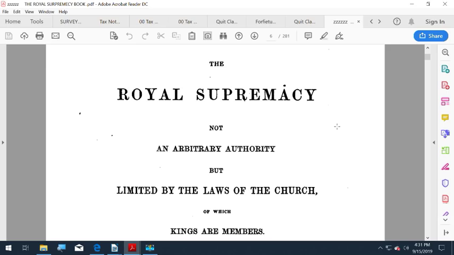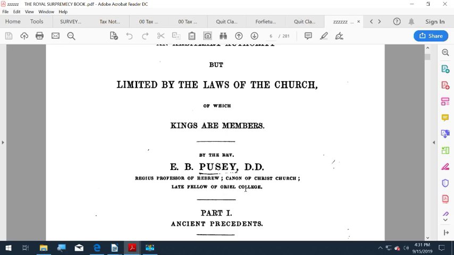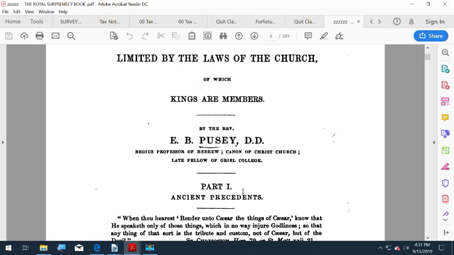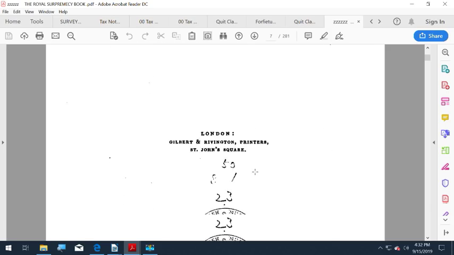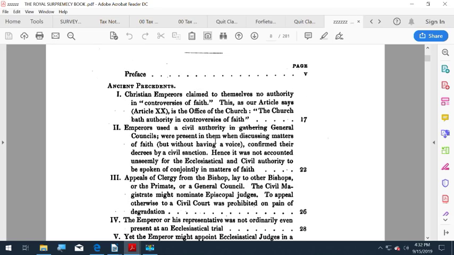And I wanted to point out that they had this thing, this is from like 1850, where it talked about the royal supremacy, not an arbitrary authority, but limited by the laws of the church, of which kings are members. And this is written in England by people, canon for Christ Church, this was the Church of England talking about its role and what was happening in the Church of England, which has its own courts. So what he was mentioning in here, without getting into all of it too deep, it'd just be interesting to read,